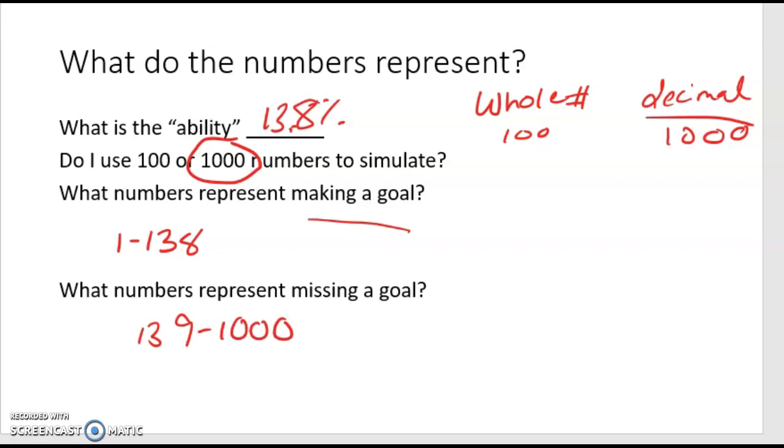So the reason that we use 1,000 versus 100 is because random integer on a calculator cannot actually simulate decimals. You can only simulate whole numbers. So we have to account for that decimal in order to simulate the numbers. So basically what we're trying to do is simulate and see how many numbers fall between 1 and 138, because that's a made goal. And ultimately what we're looking for is how many out of the 79 that we simulate is 15 coming up again. So does 15 come up again, or did that not